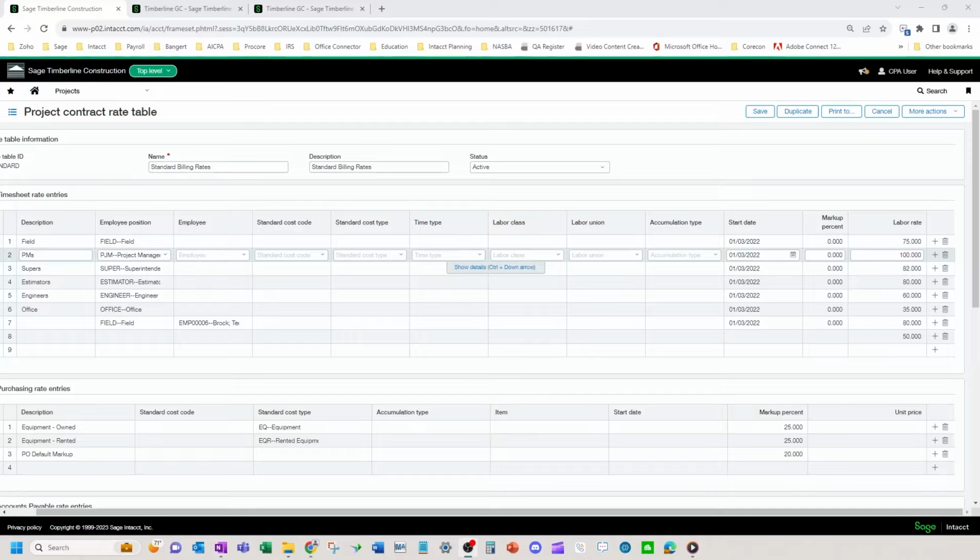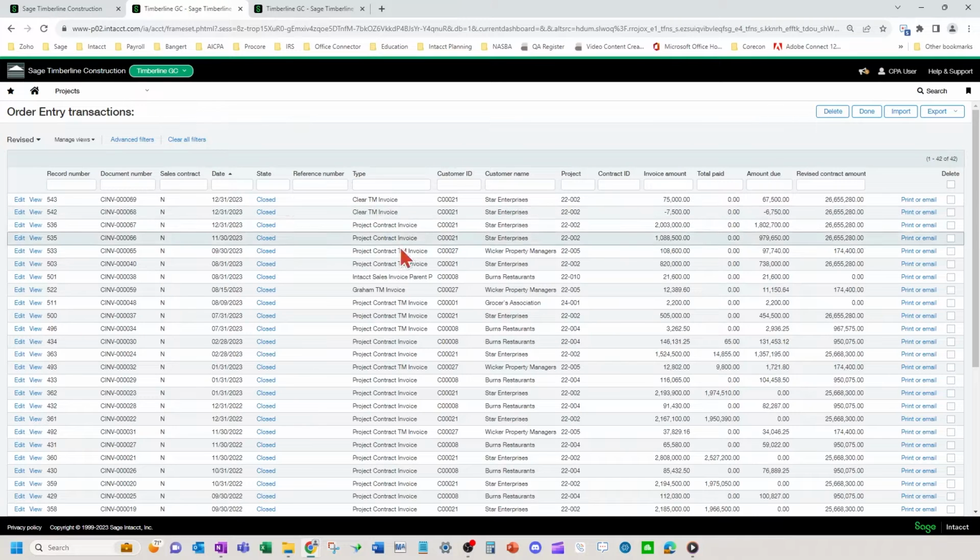Okay, so now let's talk about a scenario where you have invoiced the customer for time and material related billing and they reject the invoice and you need to correct it. Or if you haven't sent this out to the customer yet, okay? If you want to simply get rid of the time and material invoice and start the process over, granted your month hasn't closed in your financials, you can come over here and delete the time and material invoice, for example.